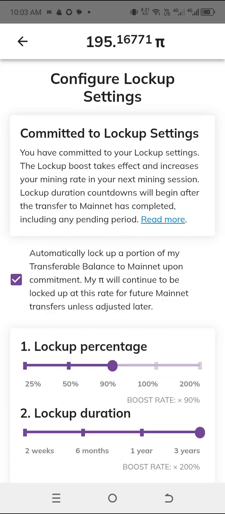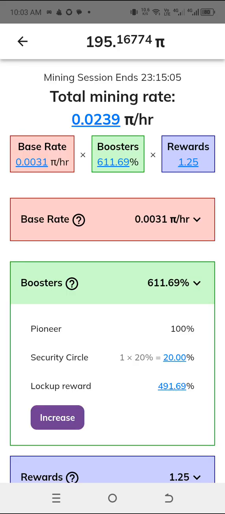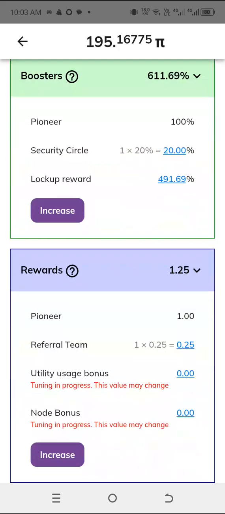You see, the system is automatic. So dear pioneers, know what you are doing. Okay, know what you are doing. Down here we have rewards, which is 1.25, what the person gets. Every pioneer is entitled to 1 Pi